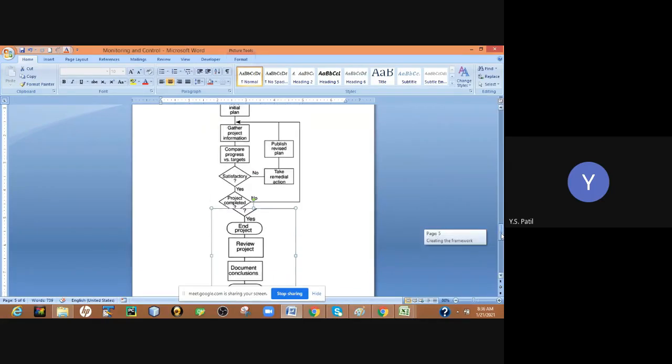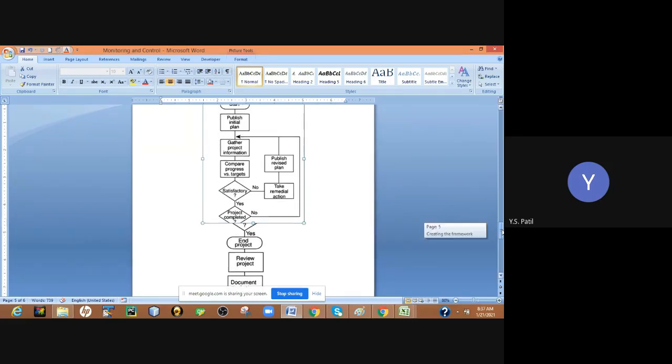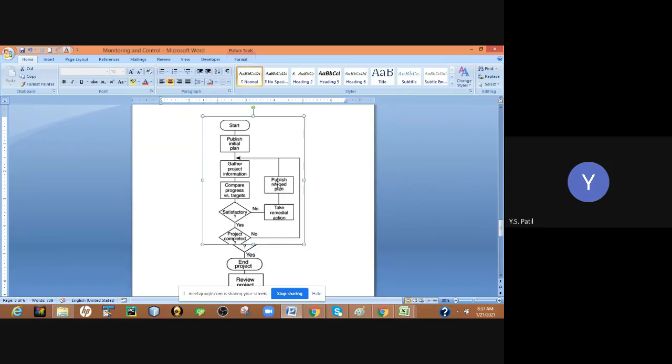But what if, when we compare the progress with the actual target, they are not satisfactory? At that time we take a remedial action. After taking the remedial action, we publish the revised plan, and then the process restarts: gather information, and again we compare.